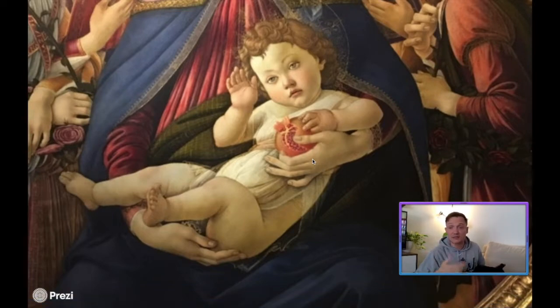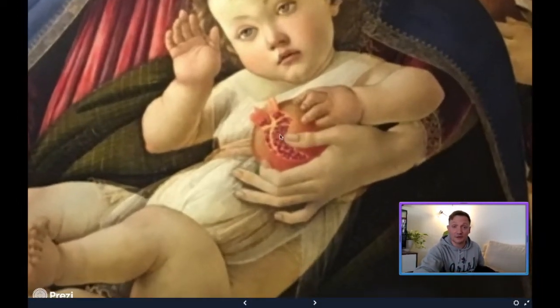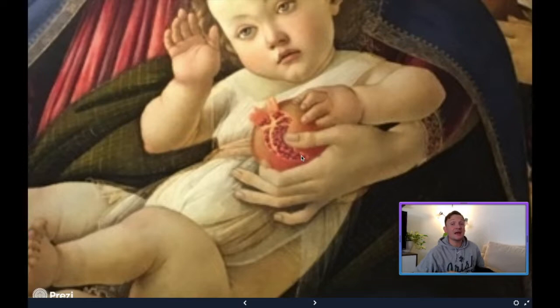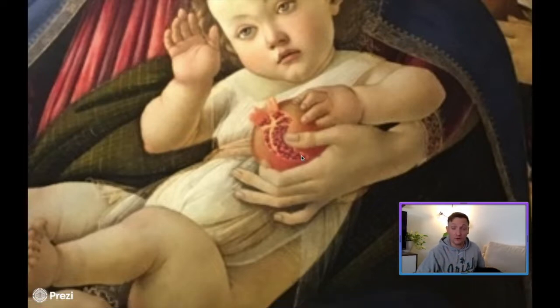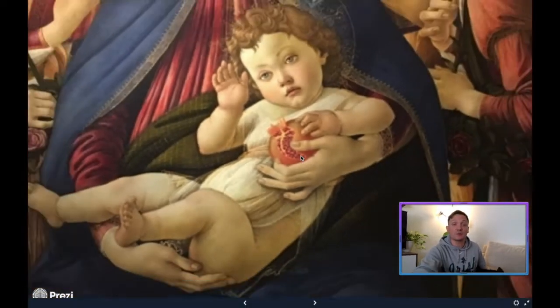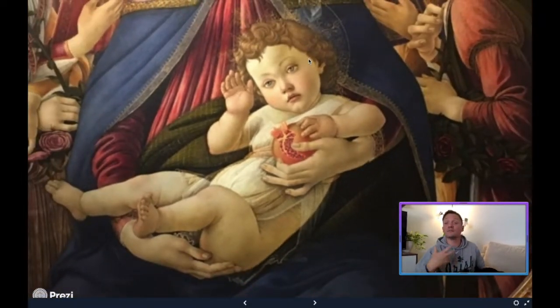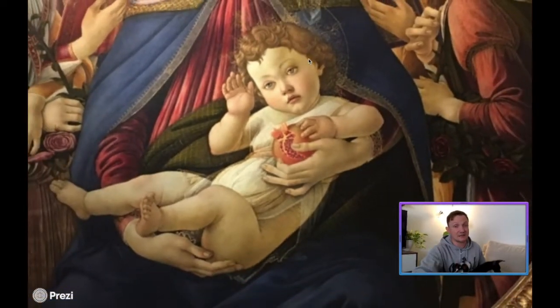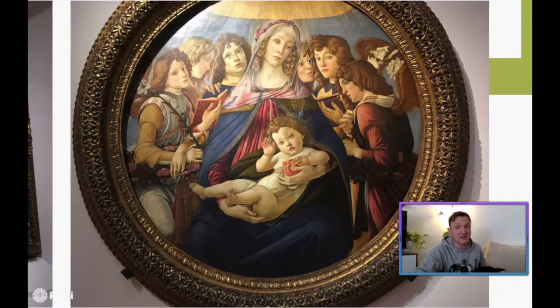Because it actually is meant to symbolize the flaming heart of Christ, because pomegranates have all these little tiny seeds on the inside of them, and what basically Botticelli was going for is that those seeds represent drops of blood that this child will one day spill to save all of mankind, right? So that kind of symbolism is what I'm talking about, and that's the stuff that you need to know for